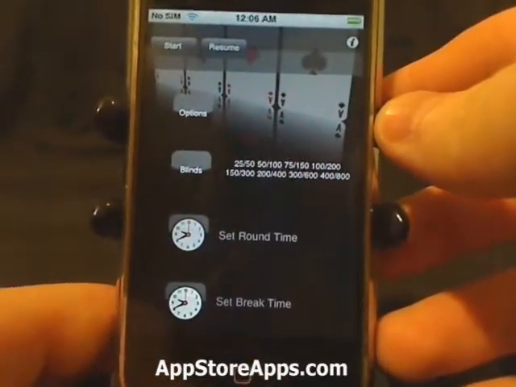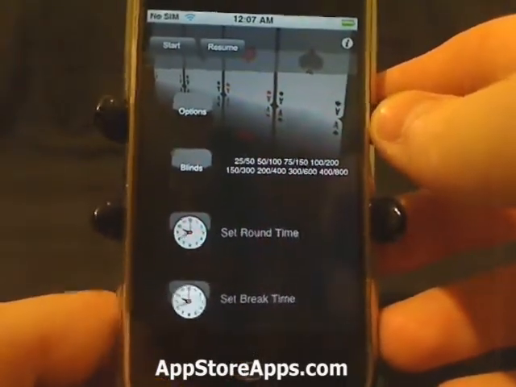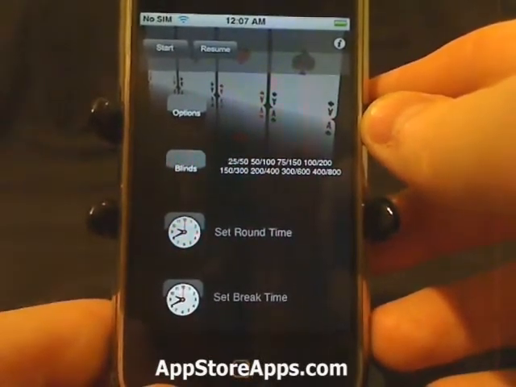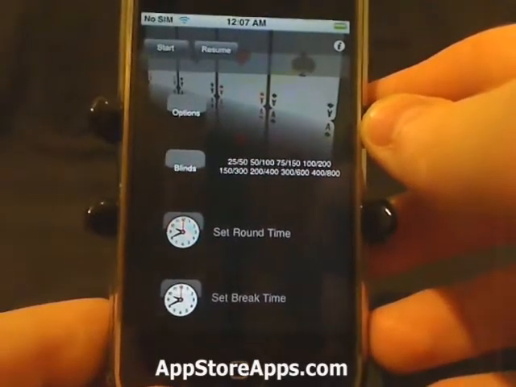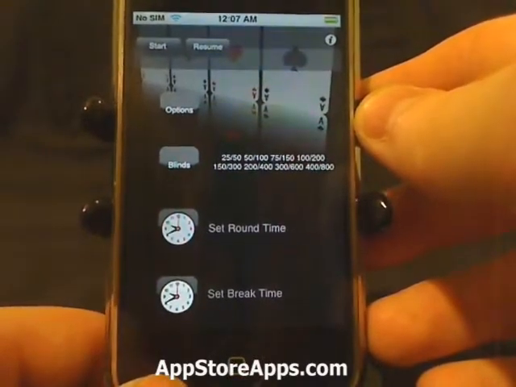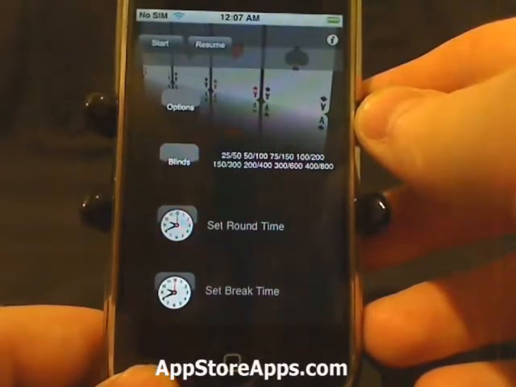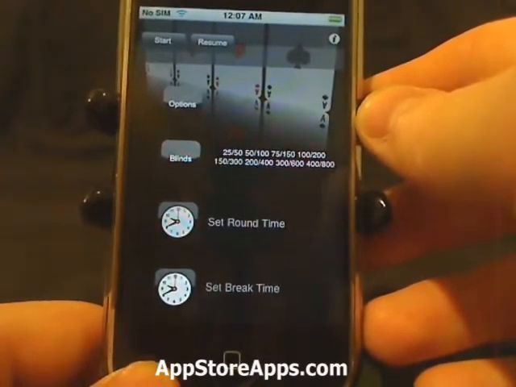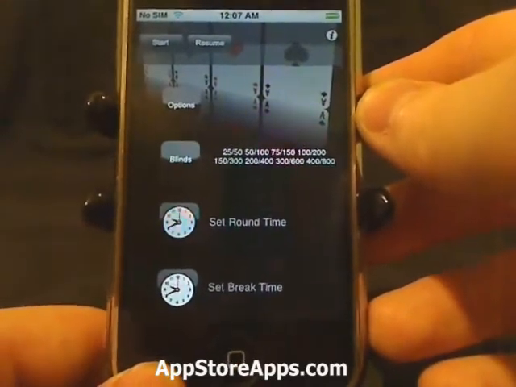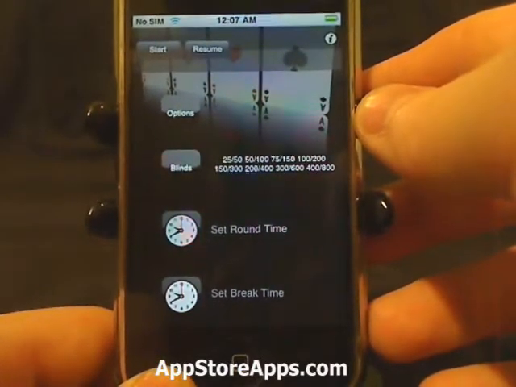So this application will manage your Texas Hold'em poker games. With it you can keep track of small and big blinds, round times, break times, the required minimum bets, the blind increments, individual check, bet, and fold alarms, and the remaining players in the game, total chips on the table, average player chip stack, minimum pot size, which includes antes and blinds, player antes,